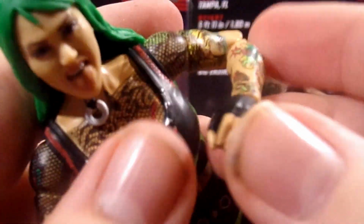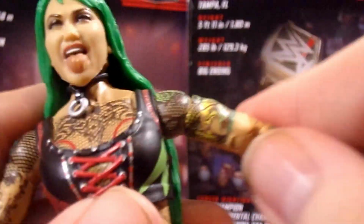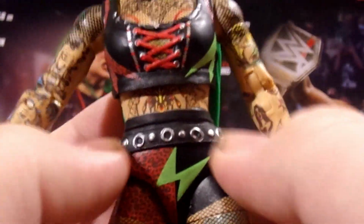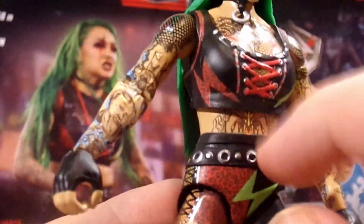Same thing over here, double jointed pinless arms, which look really good. Going down into the trunks, the upper part of the trunks or the belt right here is sculpted on right here. Sorry guys if you can see that. This is also sculpted on right there, which is really nice. But the rest of the legs are completely painted, which is fine,